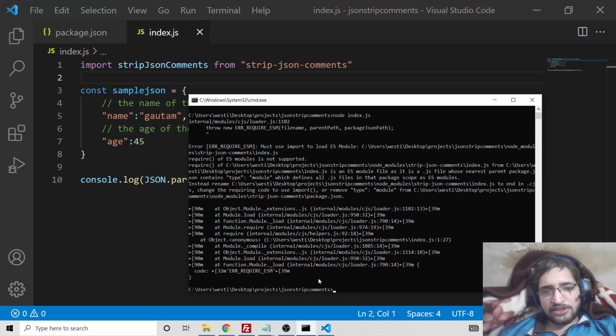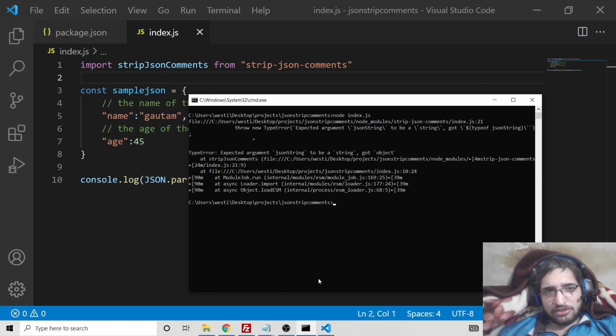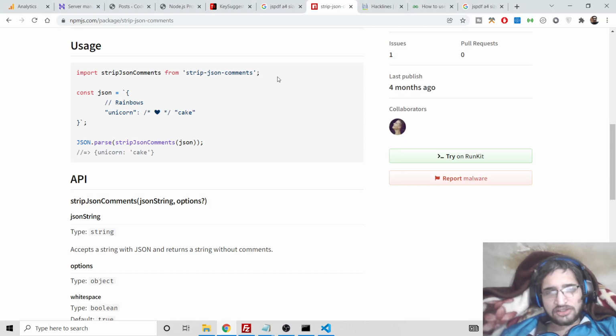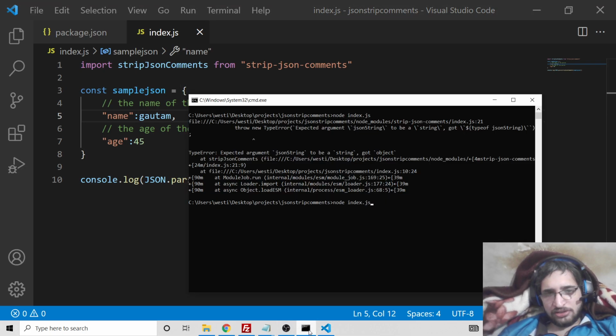Now we can run this file with node index.js. It is again expecting a JSON string, so I think our syntax is not correct. Let's see why it is throwing. Oh, sorry. I think this is correct JSON.